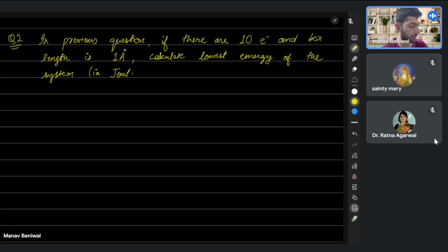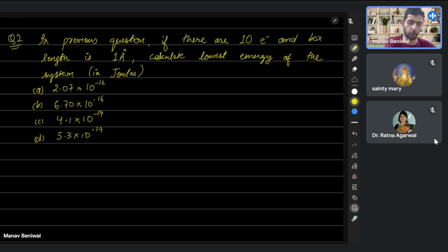And the units of energy is given to be joules. The options are